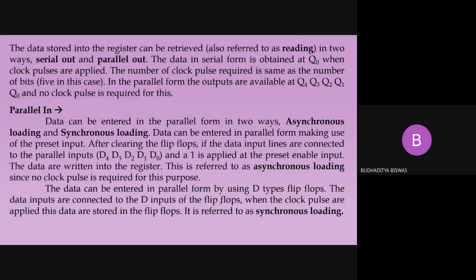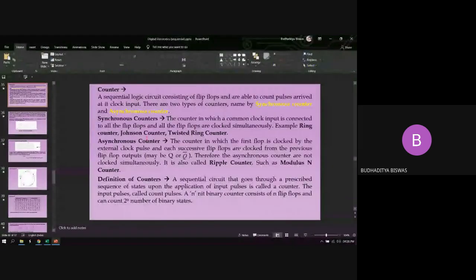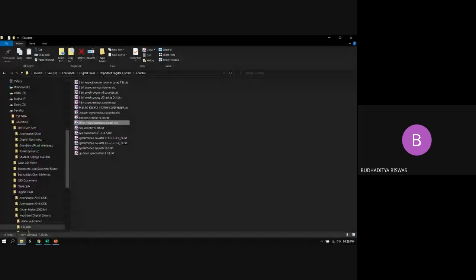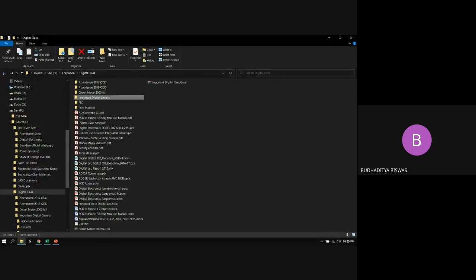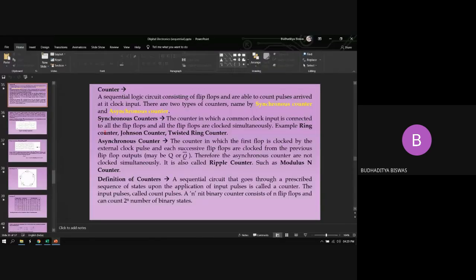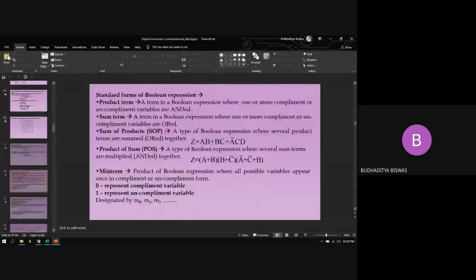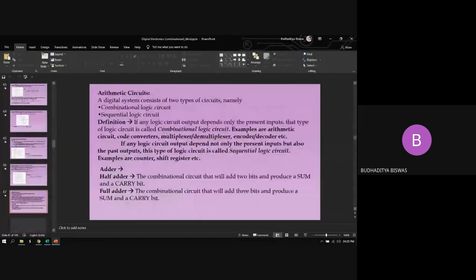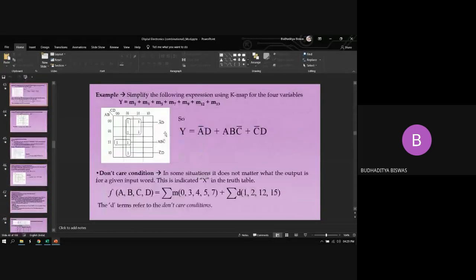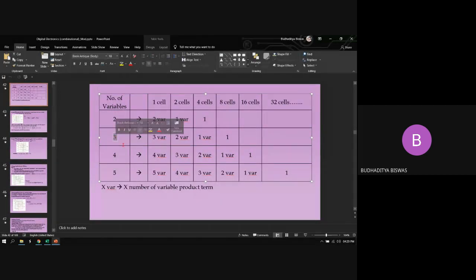It was written here, see. One minute. One minute please. Where did the sequential go? Combinational circuit in case of K-map. Where is the K-map? This is the K-map, and you see 3 variables. Okay, can you see it?